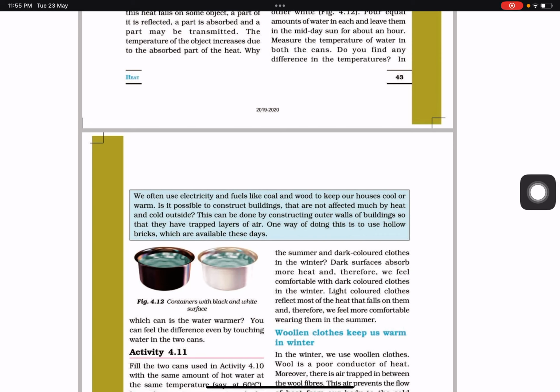ओके, अब यहाँ पे we often use electricity and fuel like coal and wood to keep our houses cool and warm. It is possible to construct buildings that are not affected much by heat and cold outside. This can be done by constructing outer wall of